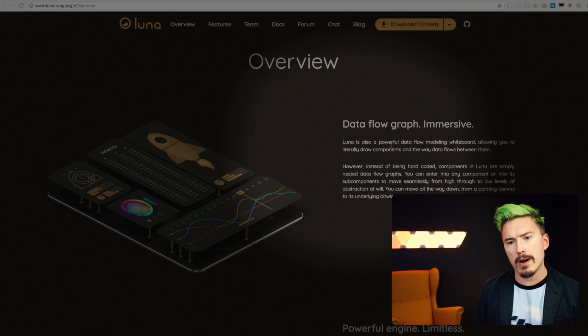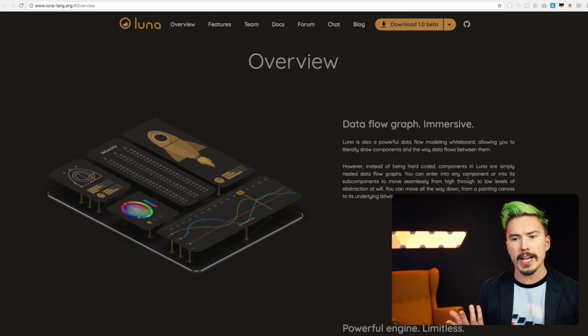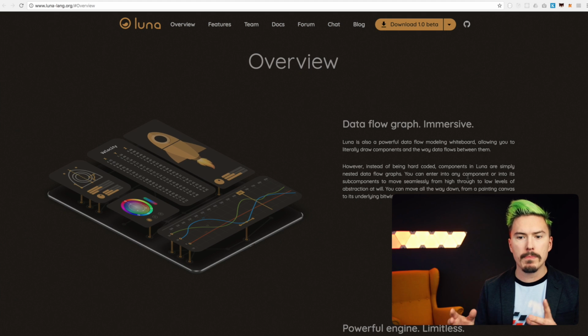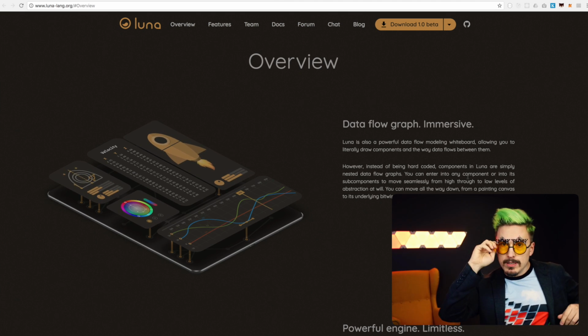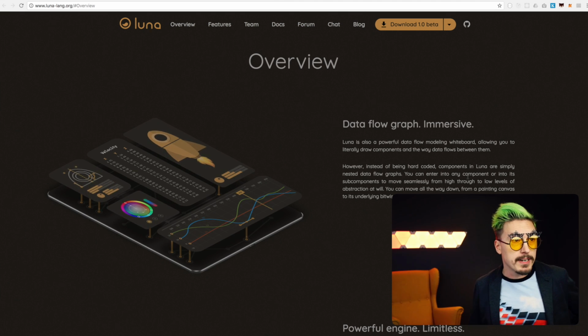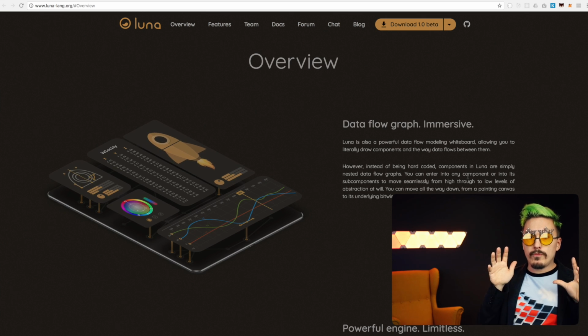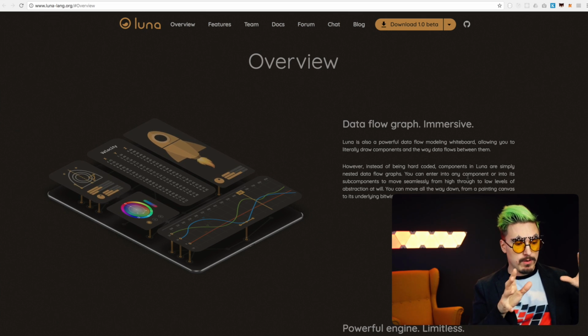Data flow graph, immersive. Luna is also a powerful data flow modeling whiteboard, allowing you to literally draw components and the way that data flows between them. Visual programming languages are bullshit. Well, most are, admittedly, but for this specific domain of